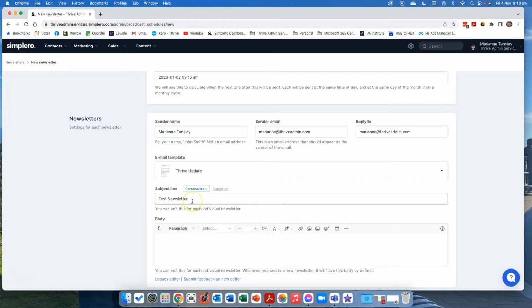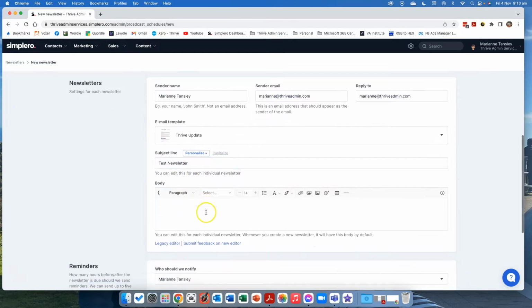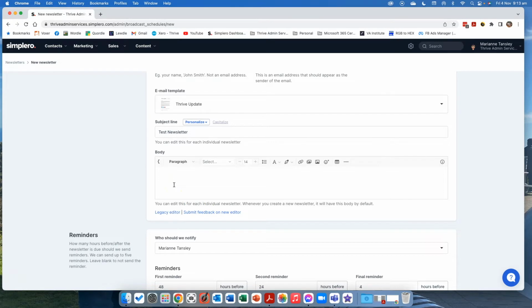You can pop your emojis and other bits and pieces in here. And then I can pop in some body text so that will automatically be in place by default. So I can use this to create reminders for myself. So we could have